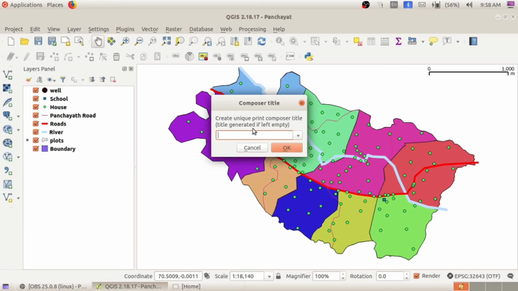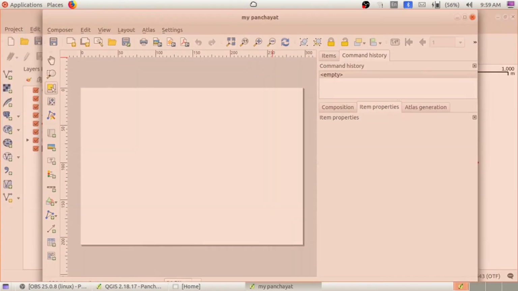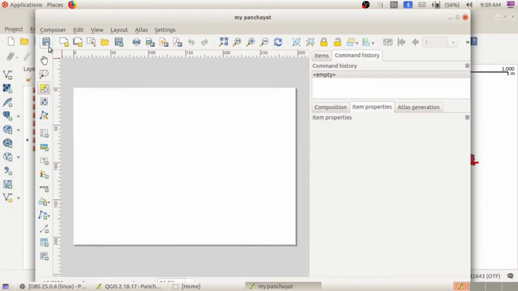Here give a suitable name. You can give a name, for example, my panchayat. I am giving my panchayat, and click on OK. So that here you can see another window. There are several tools on the left side and also in the toolbar you can see several tools.